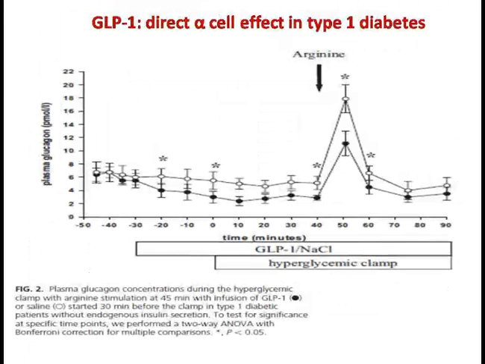This is also shown in this interesting work. This is a clamp, a hyperglycemic clamp, where you find that the blood sugars are stable at a particular level, and the patients have been infused with either normal saline or with GLP-1. And as you can see, the people who've been infused with normal saline have a much higher level of plasma glucagon, whereas when you give them GLP-1, the levels come down a lot lower, indicating that GLP-1 is actually working on the glucagon axis, reducing the glucagon and thereby reducing the blood glucose levels.